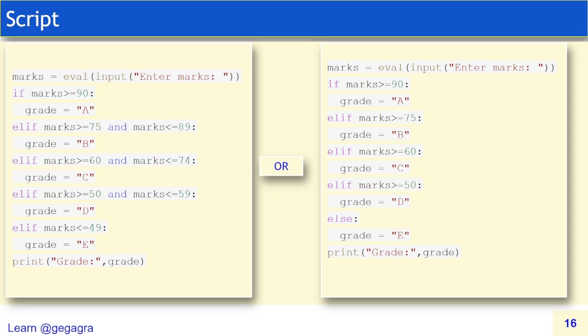And if I enter 70, only 70, then it is not greater than 90, it is not greater than 75, but it is greater than 60. So it will come to elif marks greater than or equal to 60, so the grade will be C. And if I enter, suppose say, 40,